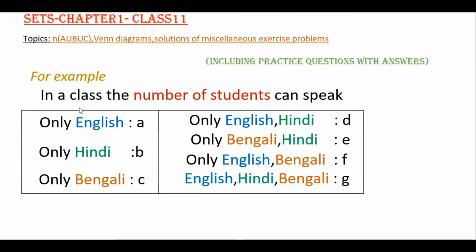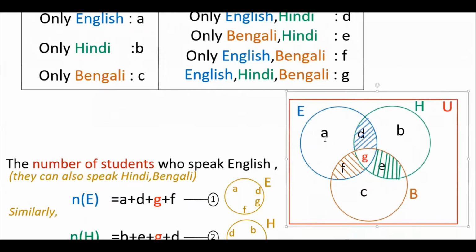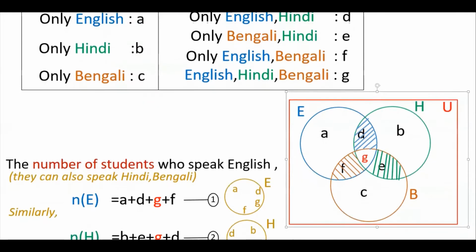If you take an example like this, in a class the number of students who can speak only English is A. If you see this Venn diagram you will understand. Only English is A, only Hindi is B, only Bengali is C, only English and Hindi is D, only Bengali and Hindi is E, only English and Bengali is F, and all three languages is G. So if you assume like this, then